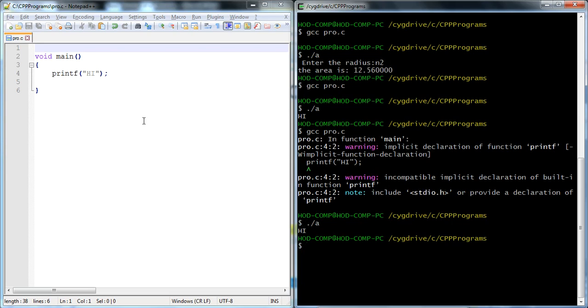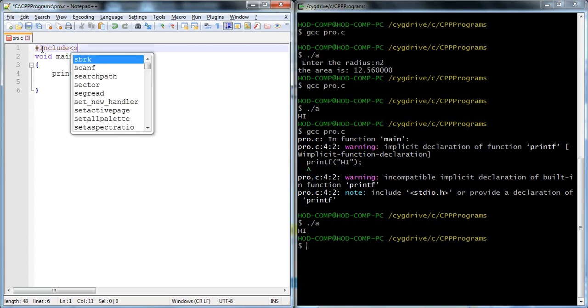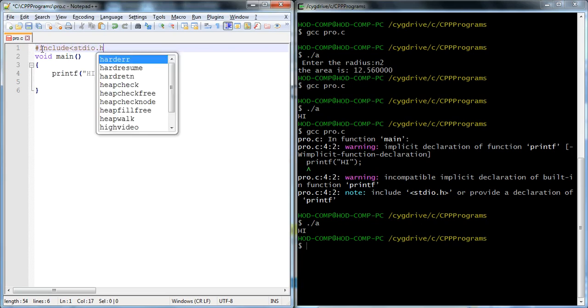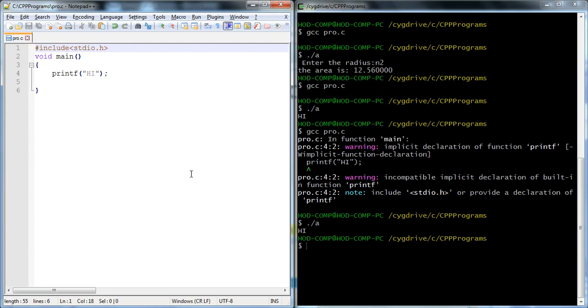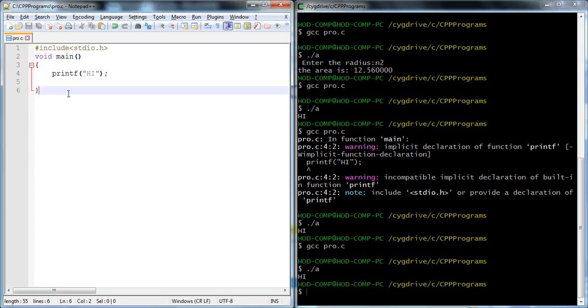But it executes the content. Now if we provide this header file here, with Ctrl+Z, that is #include <stdio.h>, and save, it is not showing any warning, and it executes the process properly, right?